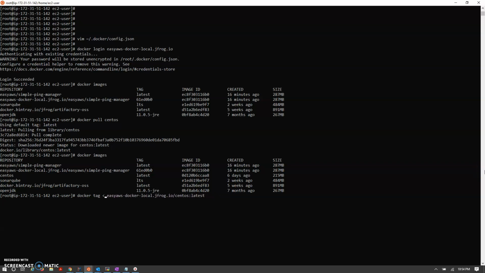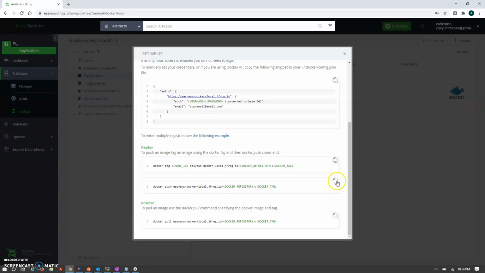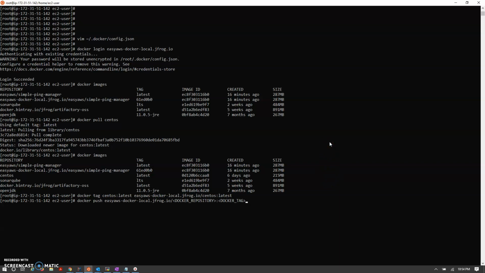Which image you want to tag? This is CentOS latest. So my tagging part is done. Now I want to push my image to the JFrog Artifactory repository. So which image you want to push? You want to push the CentOS latest.